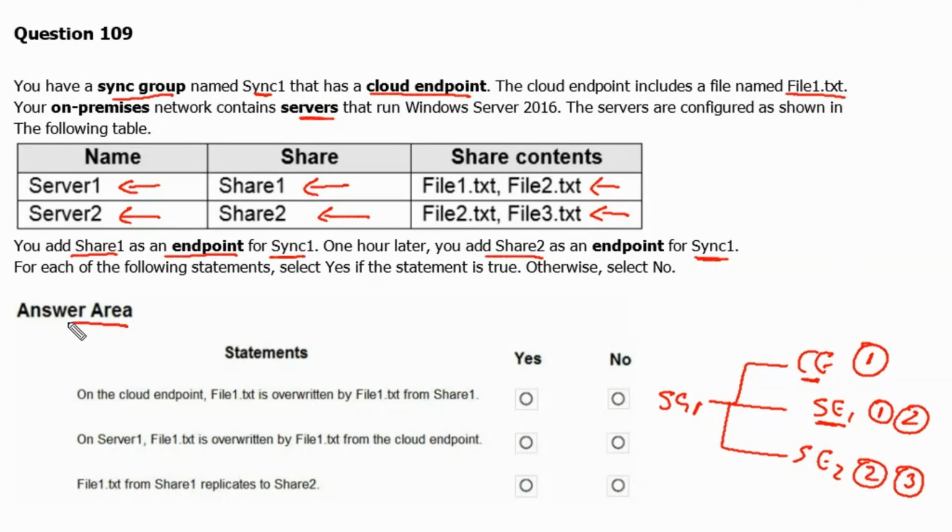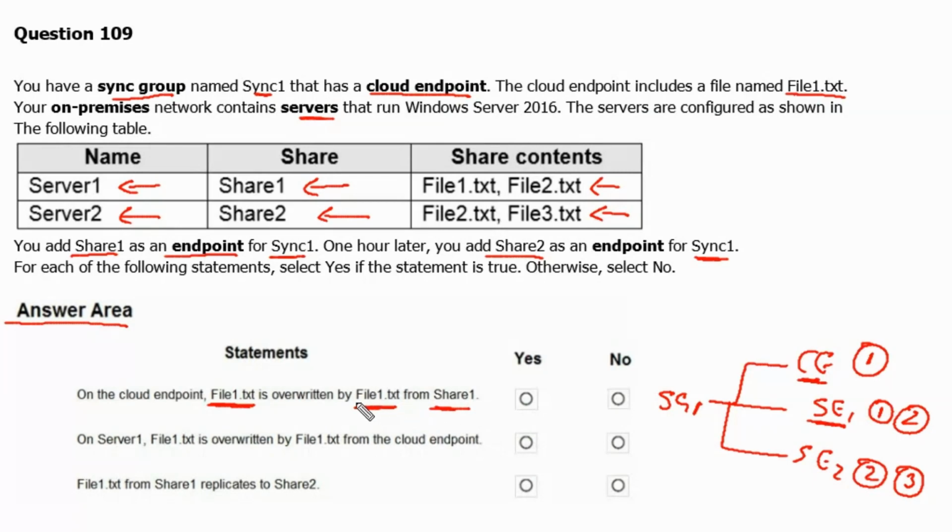Now let's go to the answer area. The first statement is: on the cloud endpoint, file1.txt is overwritten by file1.txt from share1, since it was already added on the cloud endpoint earlier and then later on it was added through share1. So the statement is asking if it is going to overwrite. Keep in mind, Azure File Sync uses a simple conflict resolution strategy.